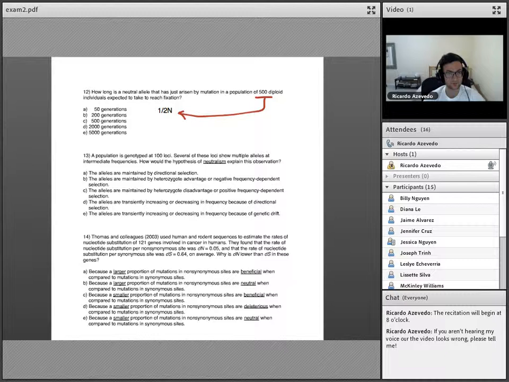Also, how long does it take? They don't want the probability; they want the time. So this one is the probability. The probability of fixation is 1 over 2n for a neutral allele, and the average time to fixation is 4n for a neutral allele. So in this case, we have 2n, so n would be